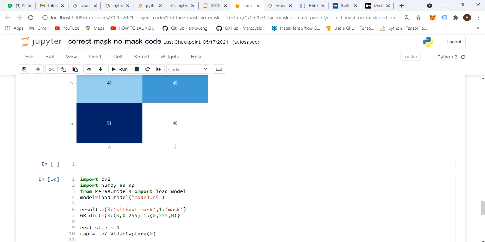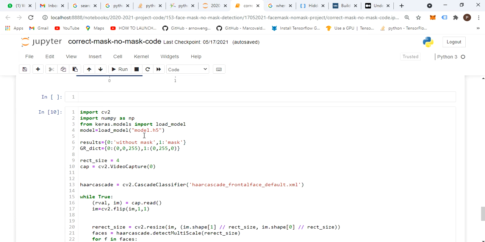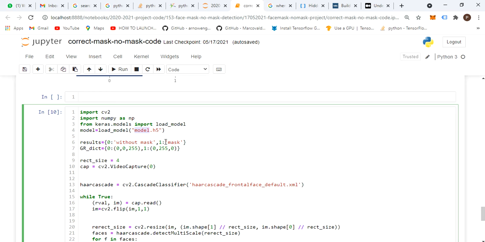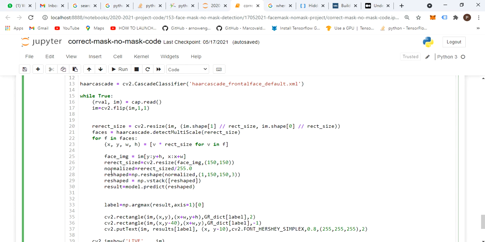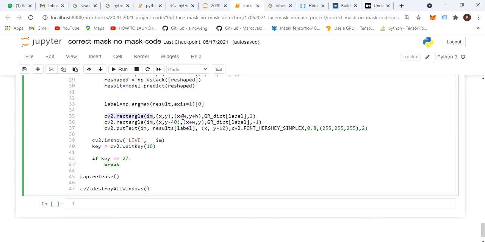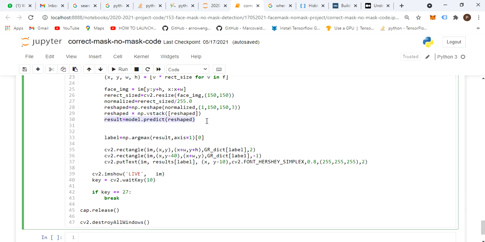In your mask, no mask code, we are importing this model.h5. After model.h5, the rectangle is drawn, and the predicted label is shown to the user as a prediction. So this is the overall Flask mask and no mask face recognition.